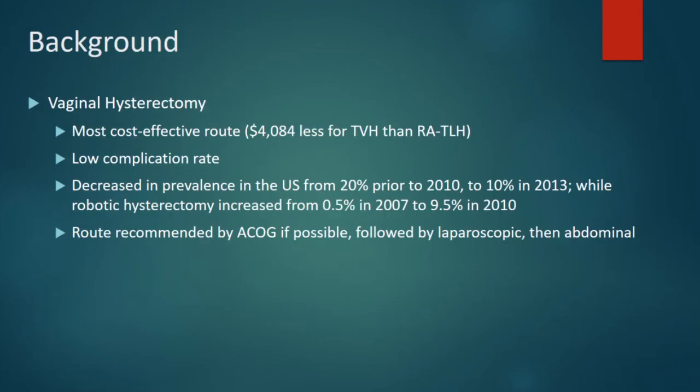As a bit of background regarding vaginal hysterectomy, there was a study produced from the same institution at the Mayo Clinic that showed that the vaginal hysterectomy is the most cost-effective route. And they quoted an absolute rate of about $4,000 less for a total vaginal hysterectomy compared to a robotic hysterectomy. There is generally a low complication rate, and kind of the purpose of